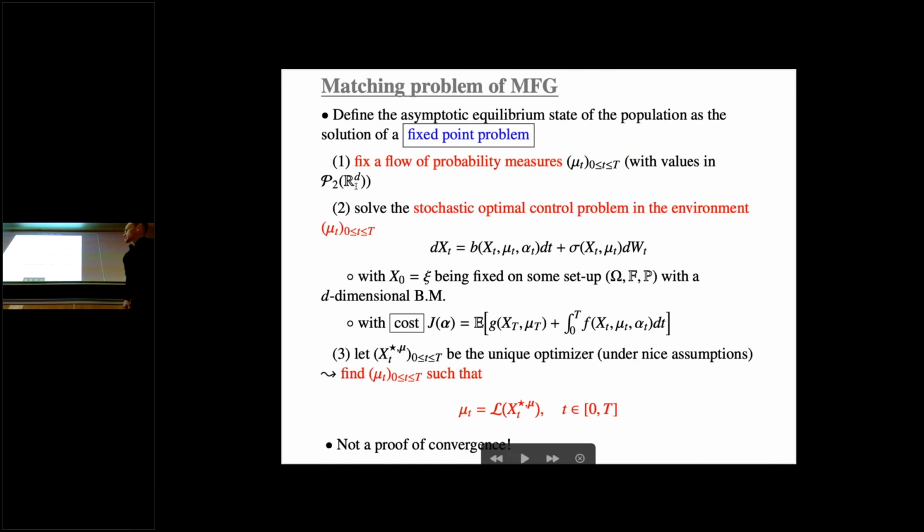Okay. So I told you to get Wasserstein convergence, whether this is W1, W2, I need weak convergence plus control of the moments. This is very fine. If I have a stochastic differential equation, I know very well how to control the moments of the solution if I have nice assumptions on B and sigma. So I will put all I need on B and sigma to be sure that the moments of the solution are controlled uniformly, independently of the input mu. This is what it means. I will get control on the tails of my random variables or my probability measures.